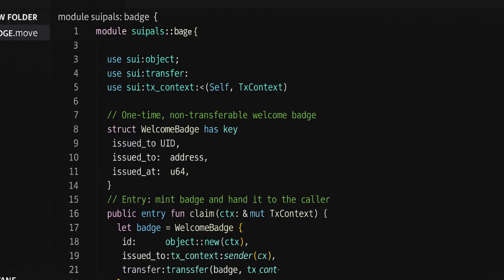Welcome Badge is our very first on-chain object. The key ability tells SUI this struct deserves a globally routable identity. Store lets us embed it inside other structs later. In claim, we ask object::new(ctx) for a never-before-seen UID, stamp the caller's address and the current epoch for provenance, then transfer the badge to